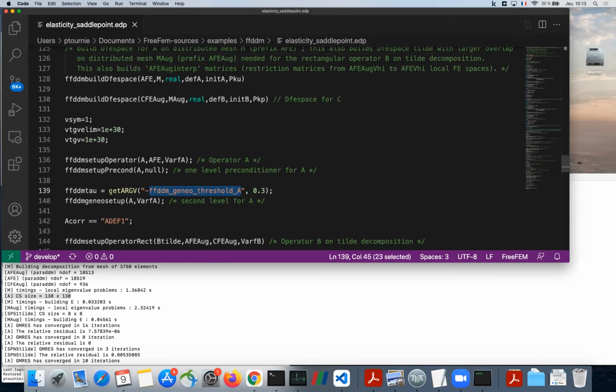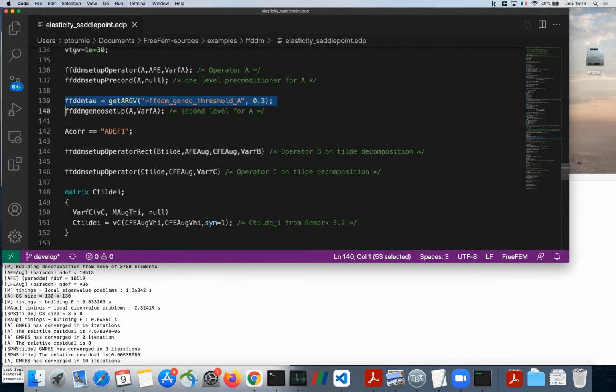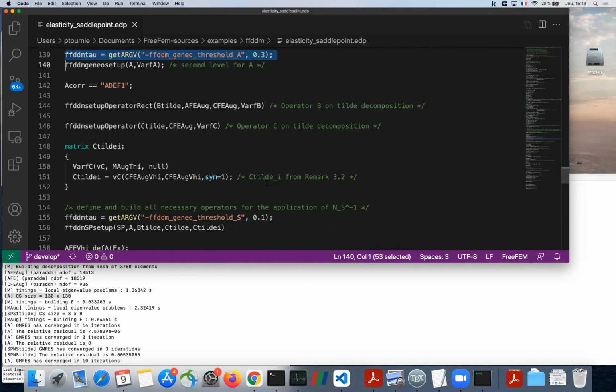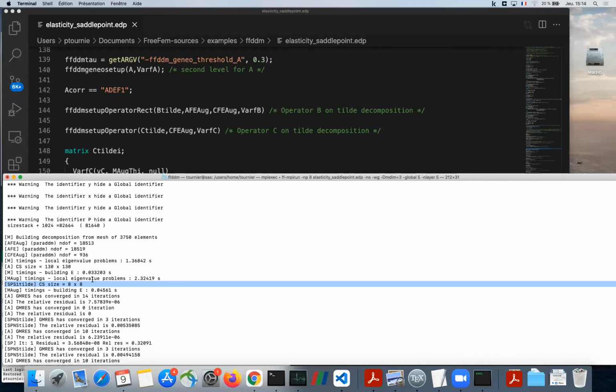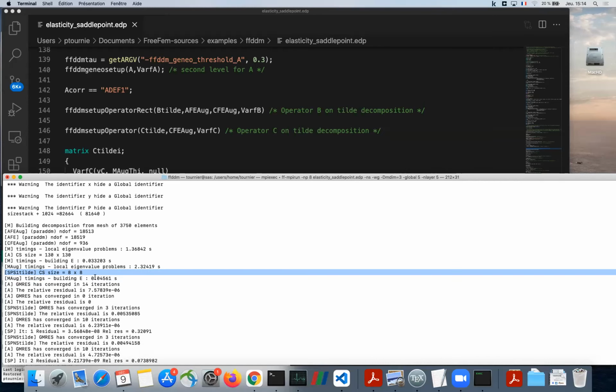This is the threshold for A, which is 0.3 here. And you see here that you don't need a lot of eigenvectors for the Schur complement, only one eigenvector per subdomain.